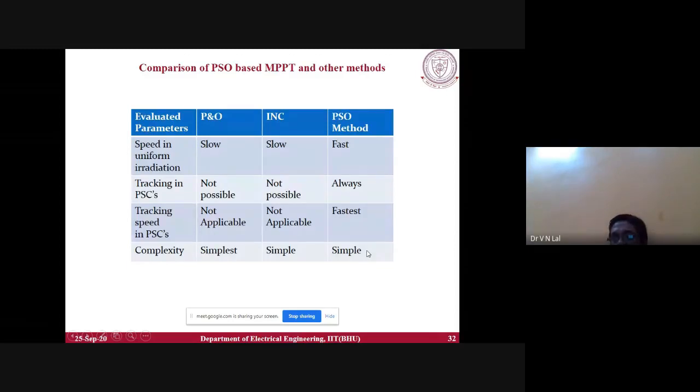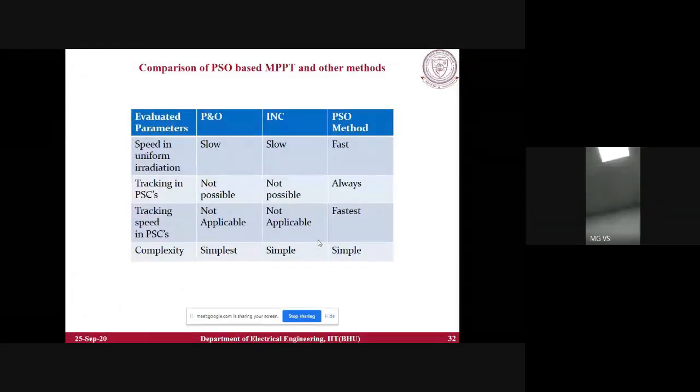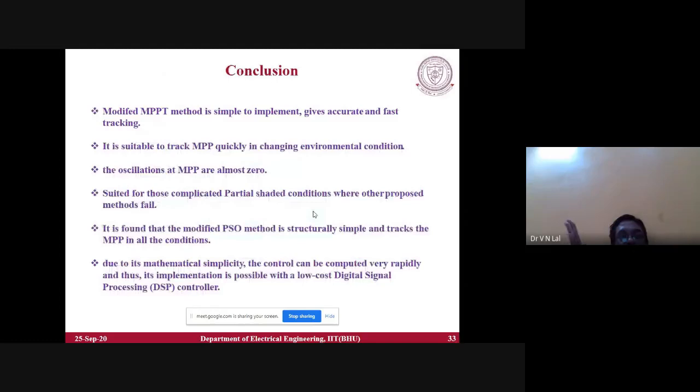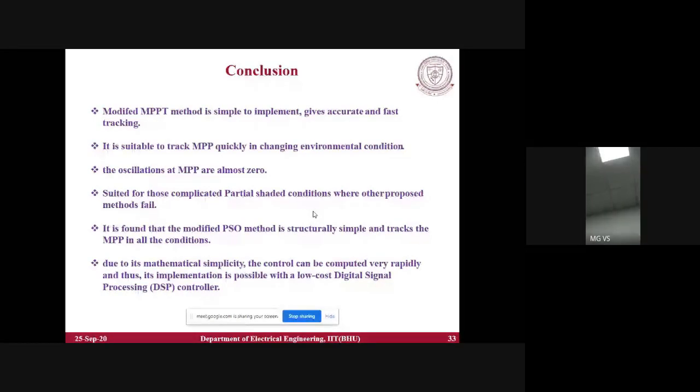So it is very feasible. We can very easily use it on a normal cheap DSP controller kit, even for practical application. So these are the advantages. The modified MPPT method is simple to implement, gives accurate and fast tracking, and is suitable to track MPPT even in complex change